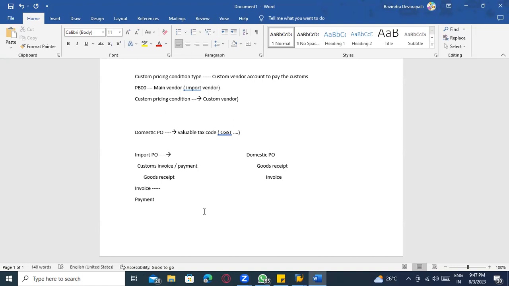Okay. So again, if it is local tax and import related, we are maintaining the excise details. That is entirely local tax information. But other than that, it depends on what procedure they are following.